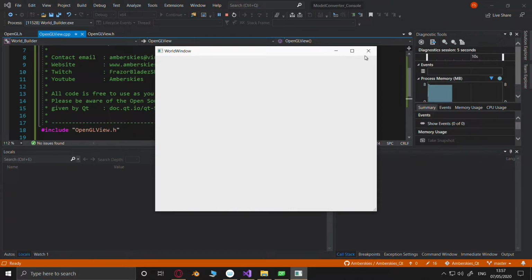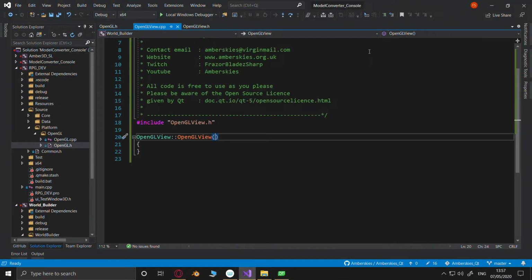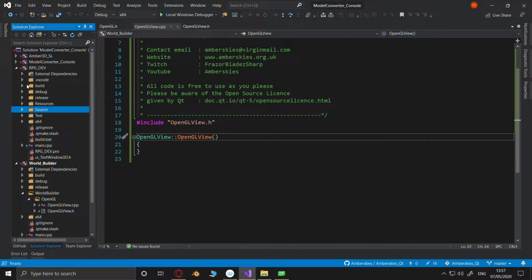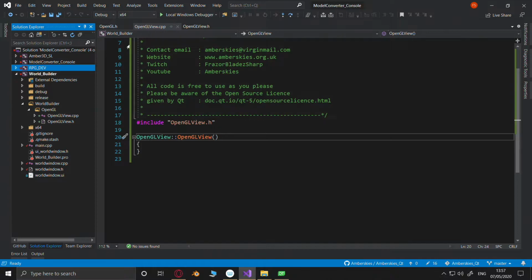Now, here comes the problem. Are we allowed to access this? Actually, I should have kept that open. It's got all the other files in it. Oh, damn.